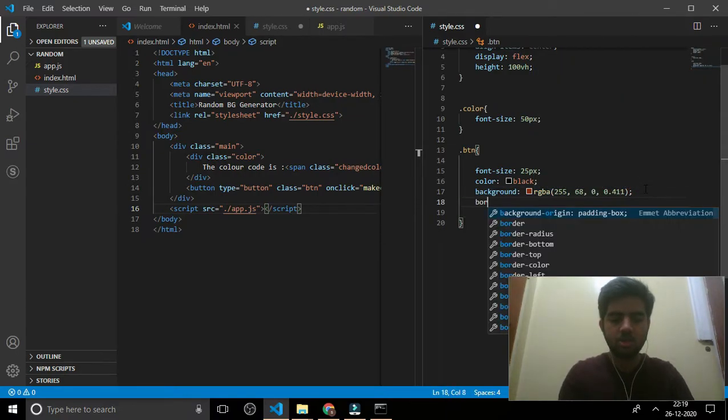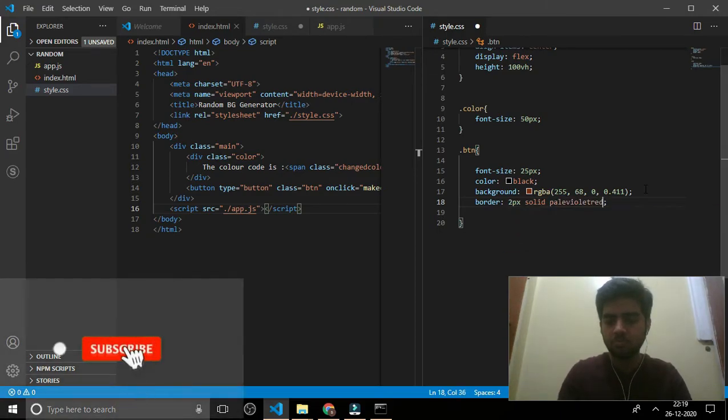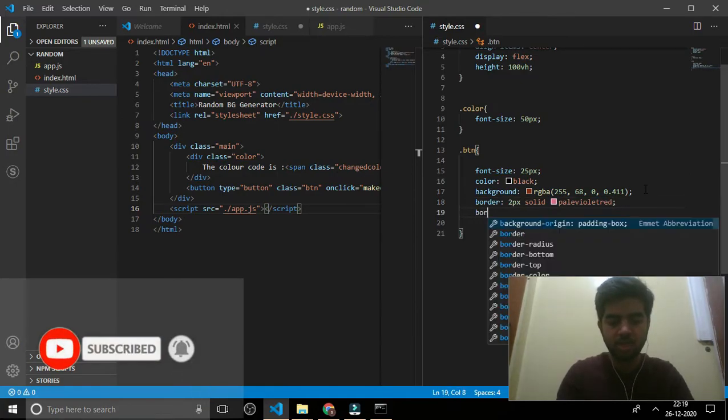Next, border. Two pixels solid with some pale color, and adding border radius.